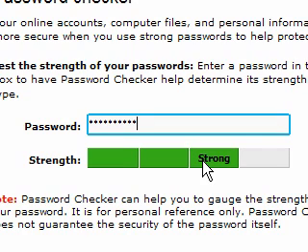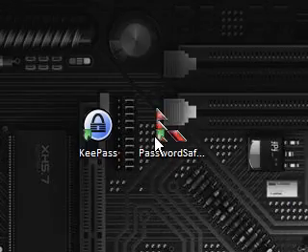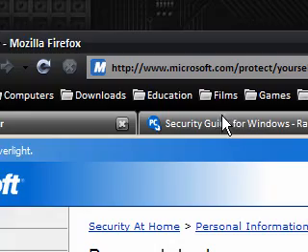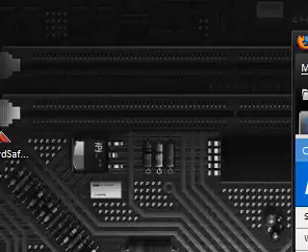Now obviously you've got to be careful when you make your passwords, it will warn you if you have your caps lock on, and you've got to be careful when you're doing these if they're case sensitive, that you actually don't mess up, and obviously you may need to use these to copy them to clipboard. And the other website, I'll provide these links in the description and the links to download these,